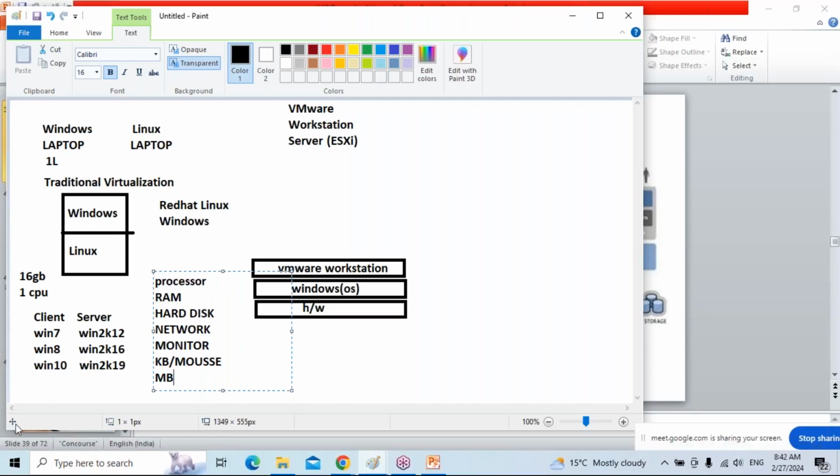Instead of that, whatever physical hardware we have in a laptop, we are going to virtualize.